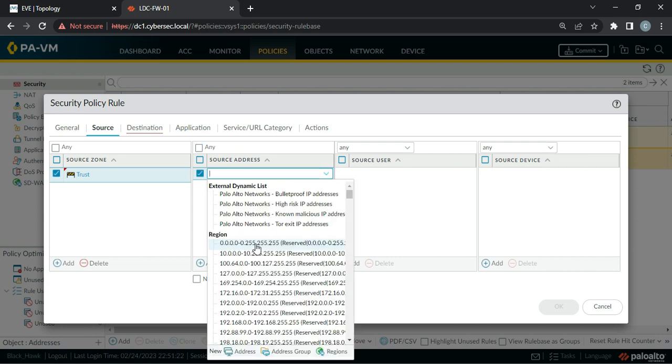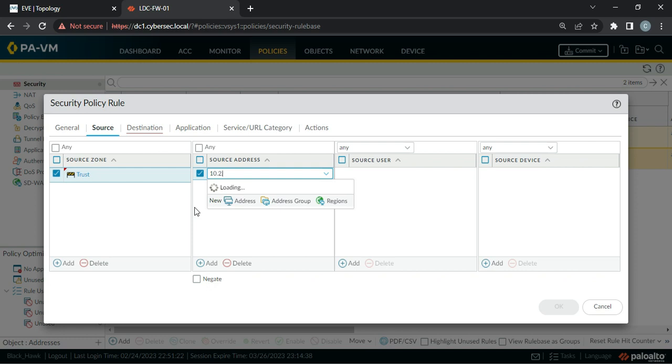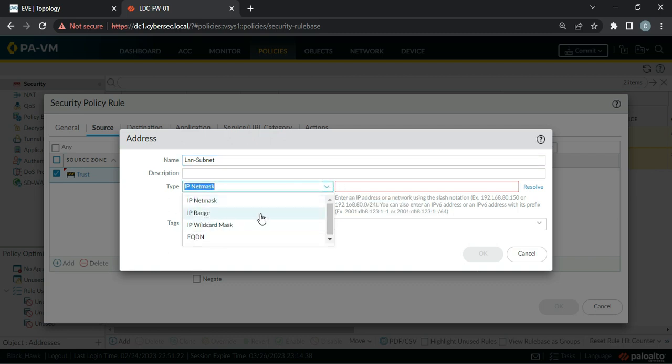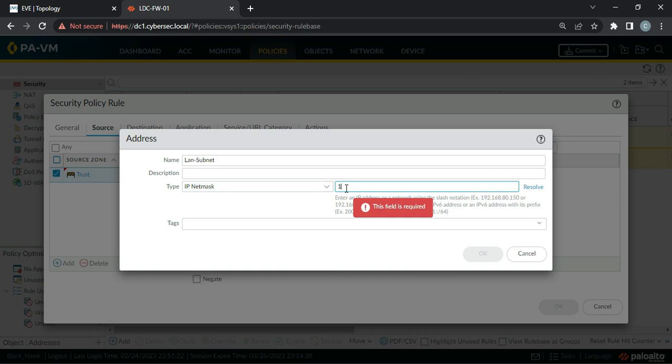Source address is going to be 10.2.2.0/24. This is the subnet. So if it is not defined, then you can click on addresses. You can give it a name, LAN subnet, right? And you can just select IP range, wildcard, FQDN, and IP netmask. And then we can define our subnet